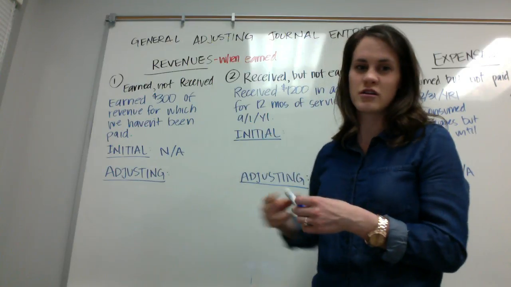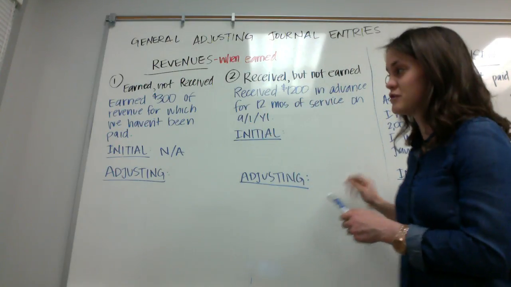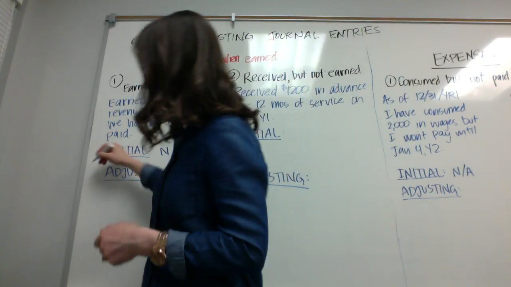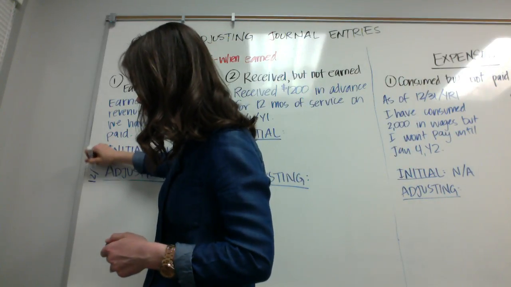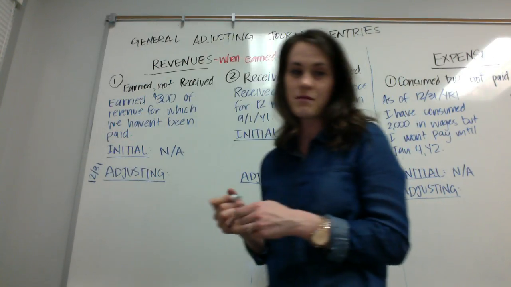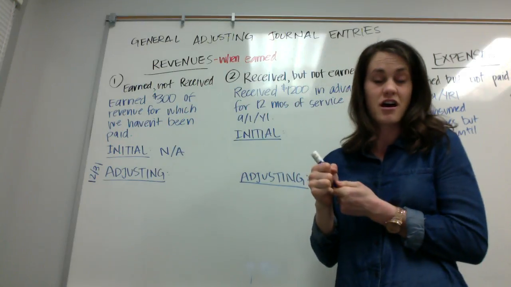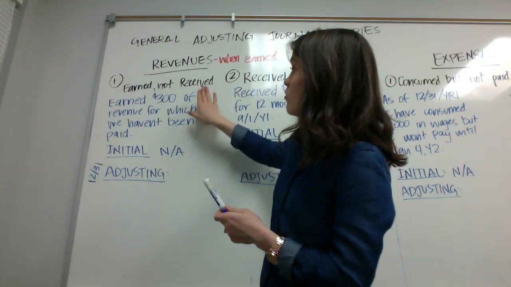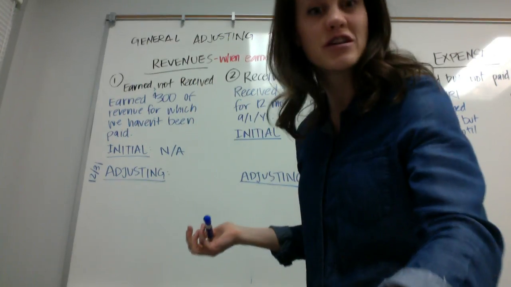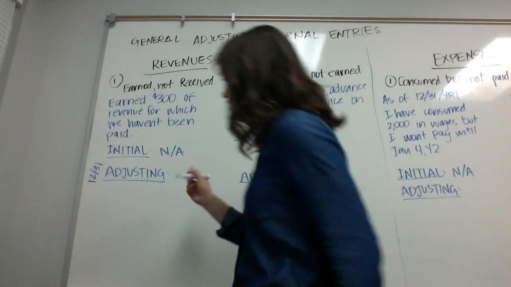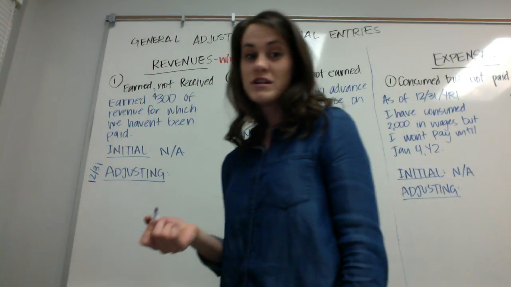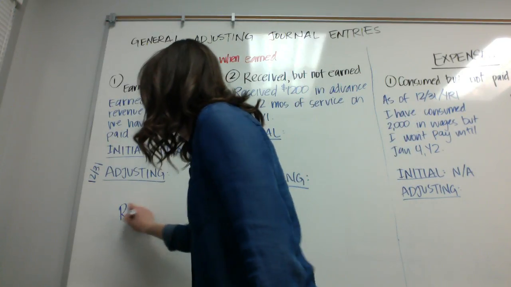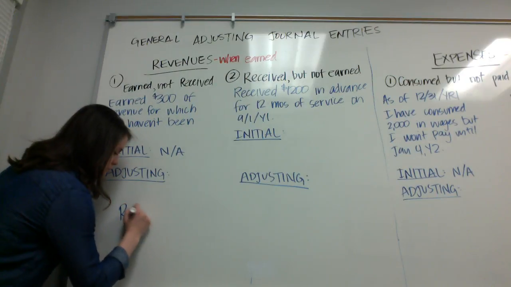Now, the adjusting journal entry, all of my adjusting journal entries, these are all happening on 12/31. So these are the ones that we care about that adjust our actual financial statements before we produce them at the end of the year. So we've earned this money, but we haven't actually recorded it yet, right? So we need to record that we've earned some revenue, which is a credit. So let me move this way. I will credit my revenue